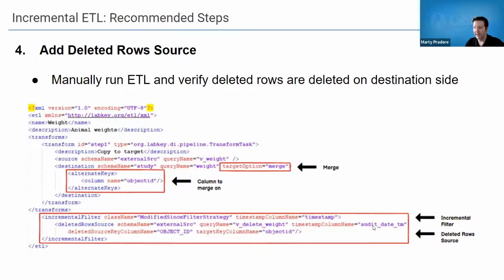Like I said, the modified on the audit table can be named whatever. In this case, it is the audit date time. And then these two columns align that primary key, or the key you want to match on. In this case, it's the object ID with the column in your audit table that tells you which row actually got deleted. So now you can run this manually